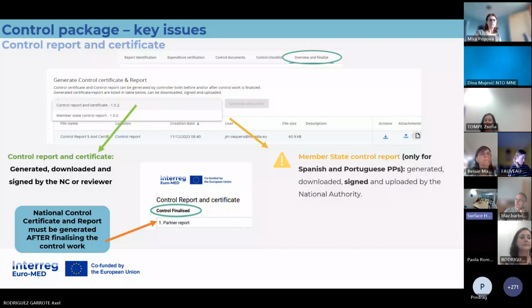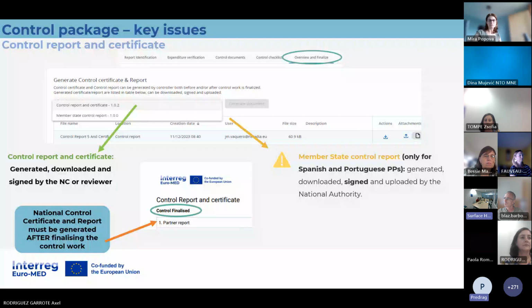Sorry, in which section are you of the control? There's a section that is control checklists. You will only see it if the control has been finalized by the controller. Yeah, I can see now. Sorry. There was no control checklist.